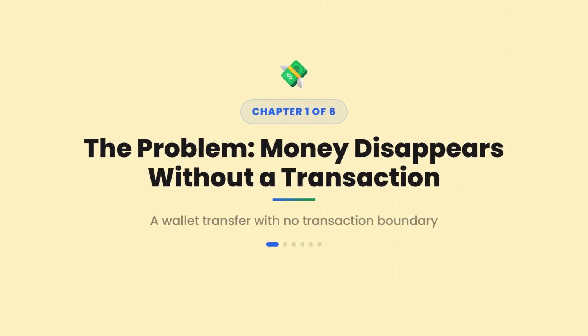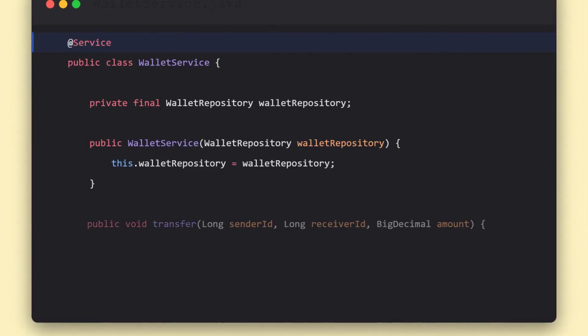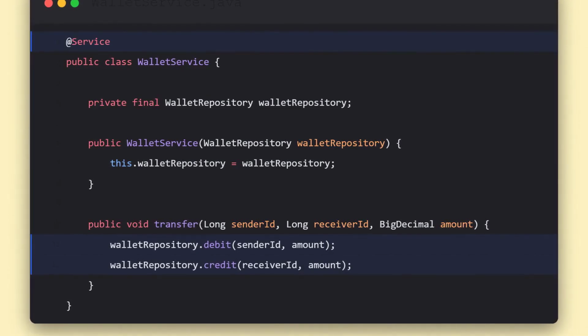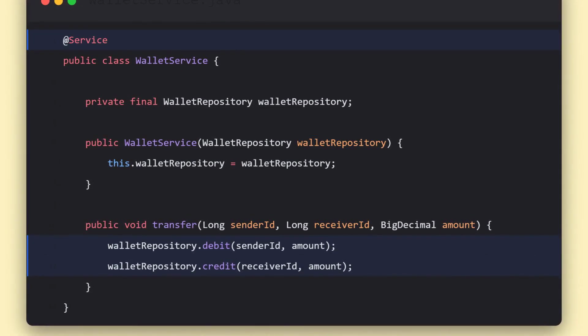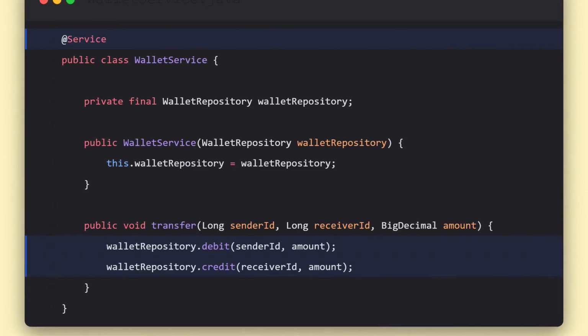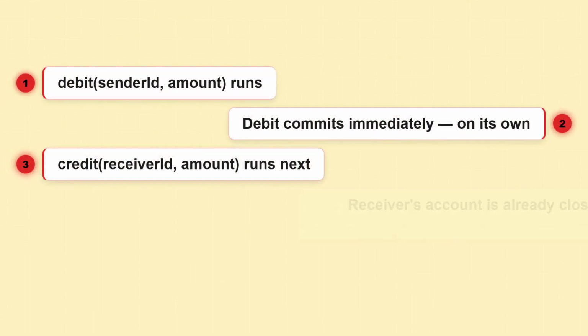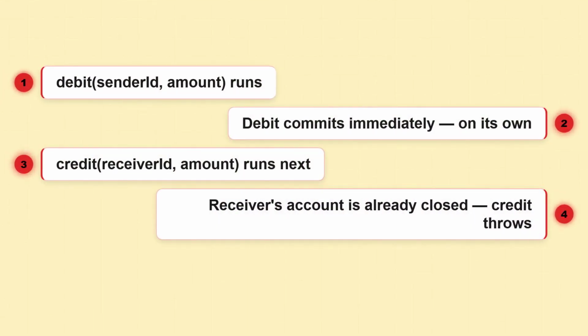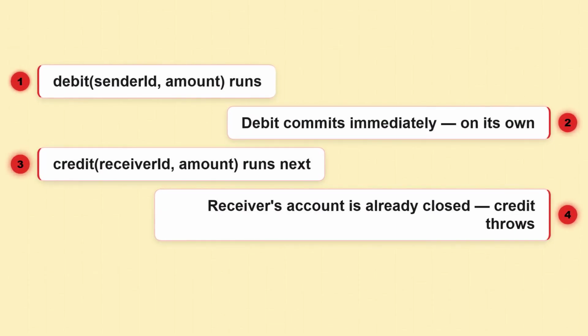Chapter 1. Money can vanish from a transfer when nothing ties the steps together. This is Wallet Service's transfer method, a plain Spring service, no @Transactional anywhere. It calls debit on the sender, then credit on the receiver. Watch this sequence. Debit commits the instant it finishes, completely separate from credit, which hits a receiver account that's already